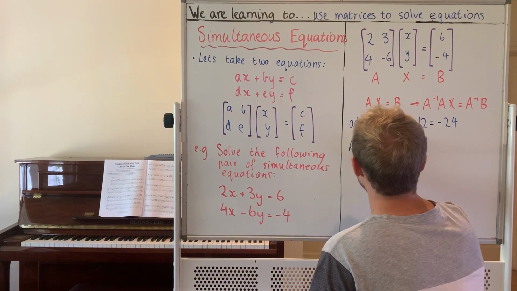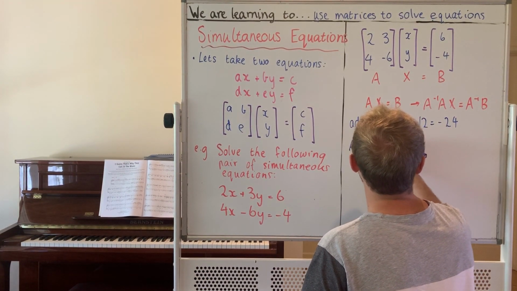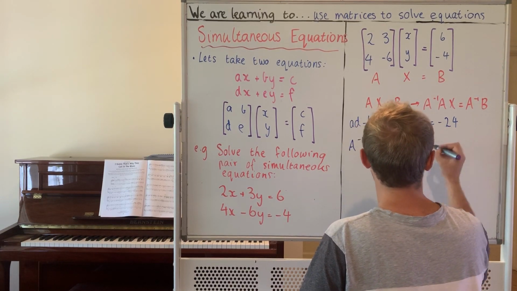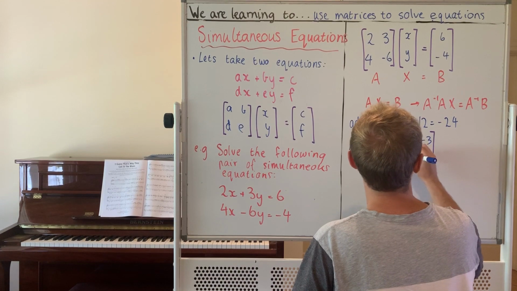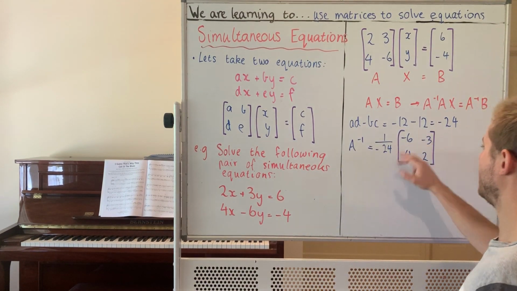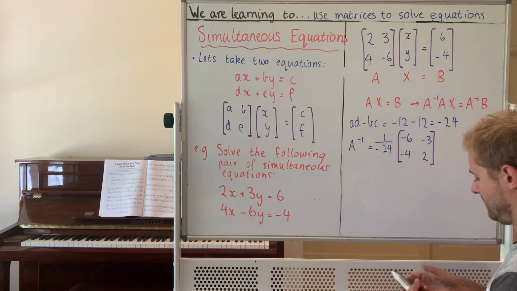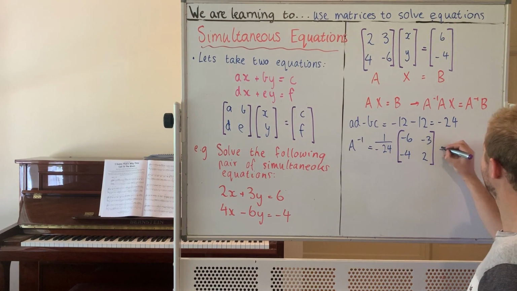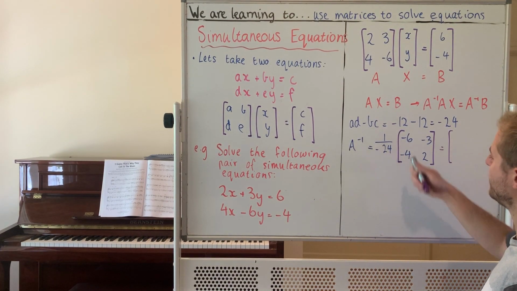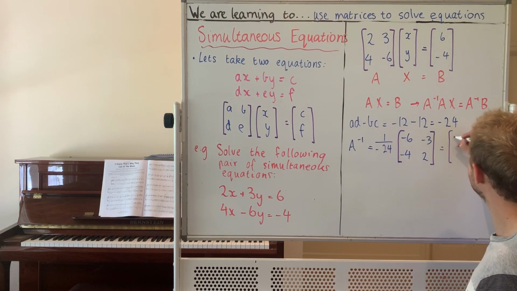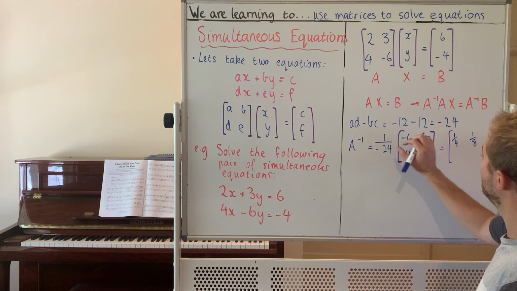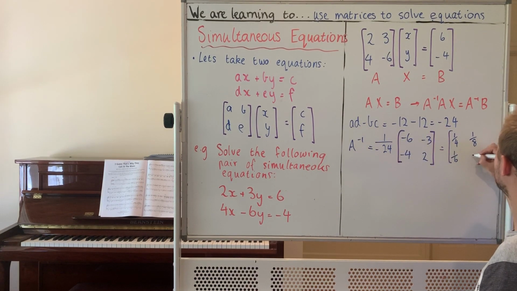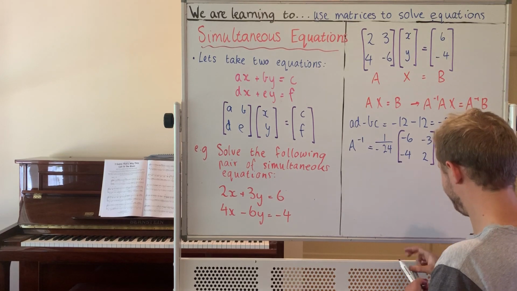So the inverse is going to look like this. Swap the elements A and D, make these negative. This is why it'd be quite complicated. We're multiplying each of these by 1 over negative 24, which is doable, but it does make our life pretty tricky. I'll do it anyway. 1 over negative 24 multiplied by negative 6 is a quarter. Negative 3 is an eighth. That's a sixth. And that's negative 1/12. So what this would look like is this, our x